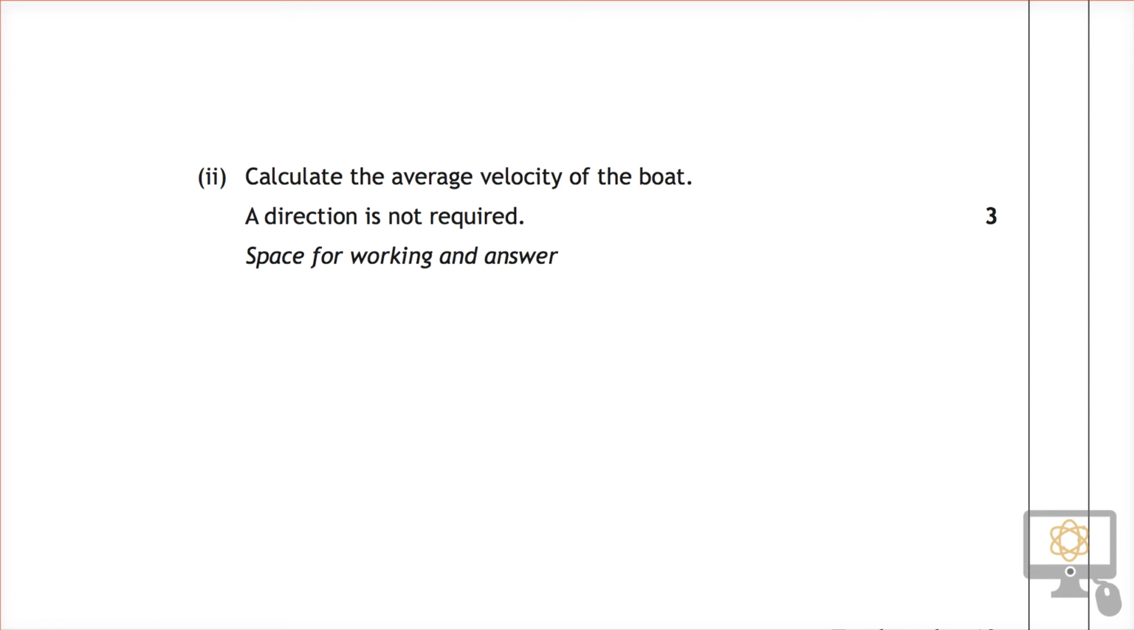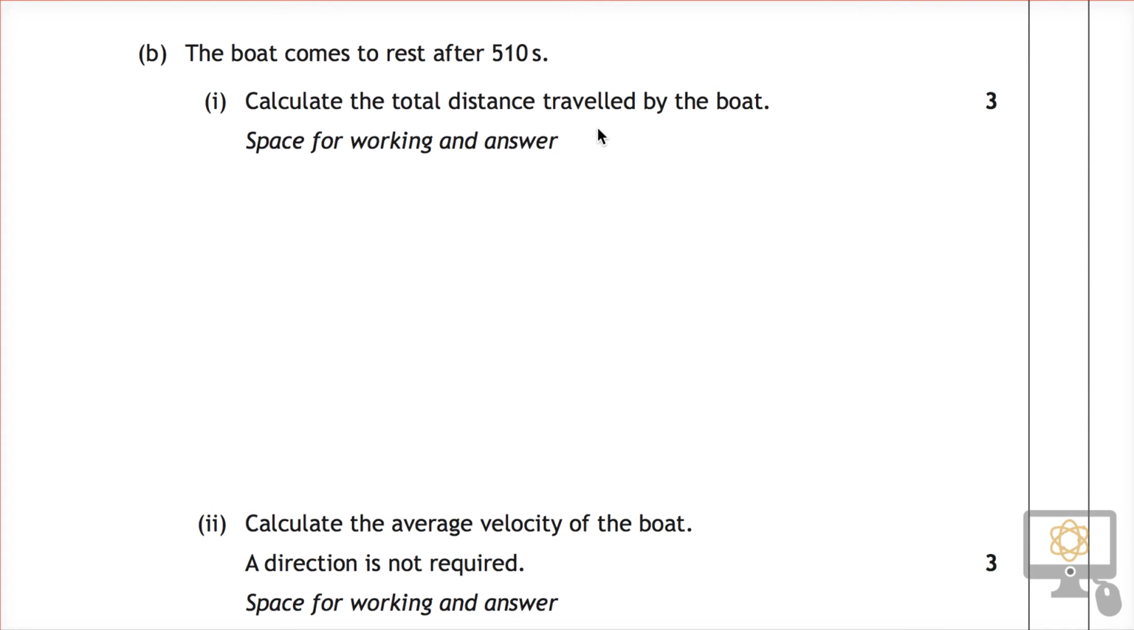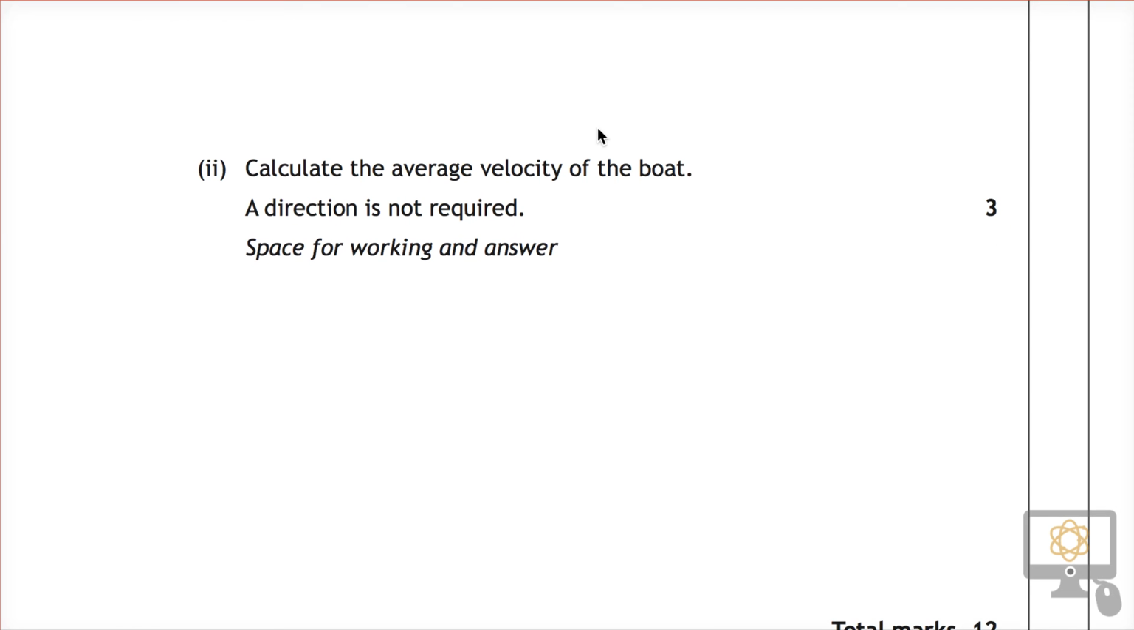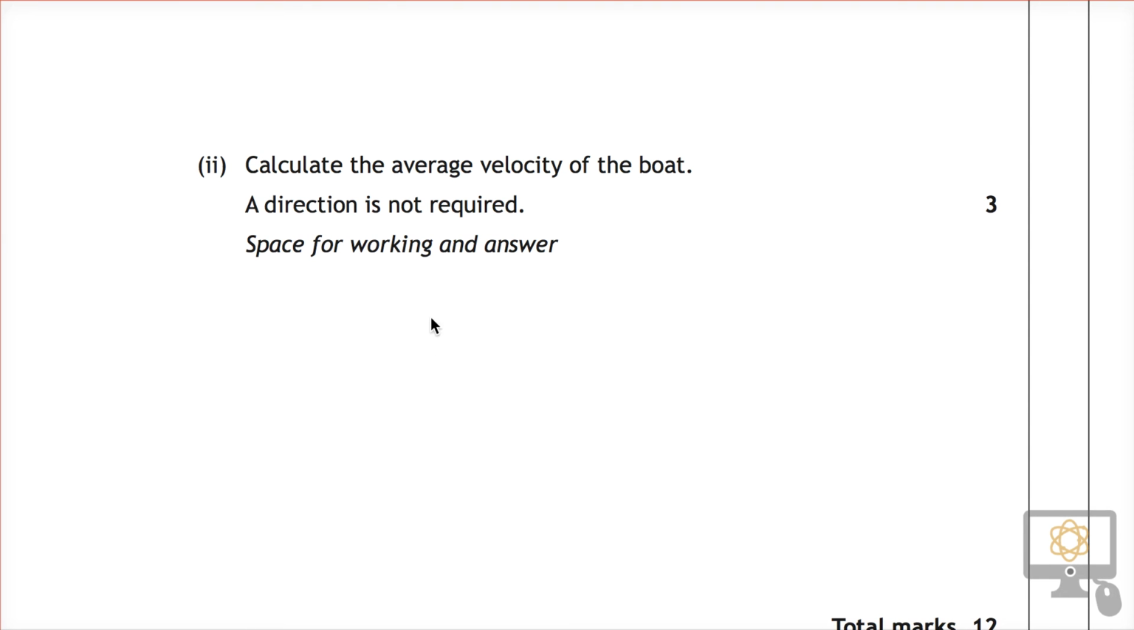10bii Part 2 from the 2014 National 5 Physics paper. It says, calculate the average velocity of the boat. A direction is not required. So in the previous question, you will have determined the total distance travelled by the boat, and that was